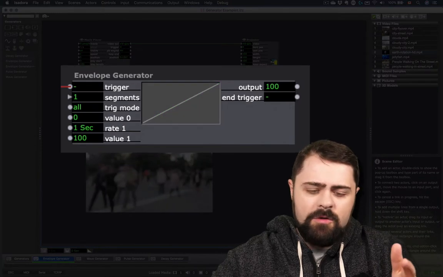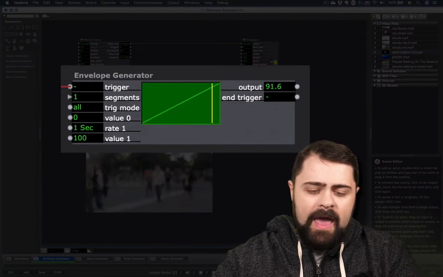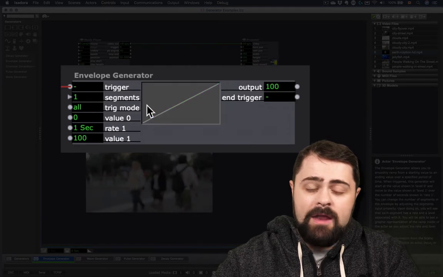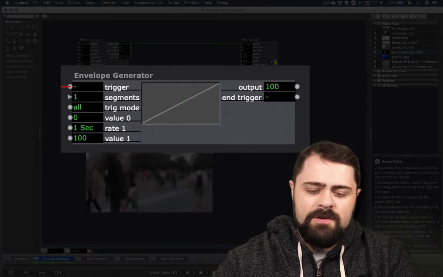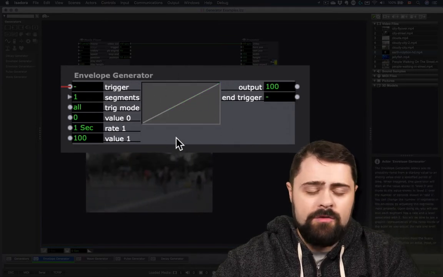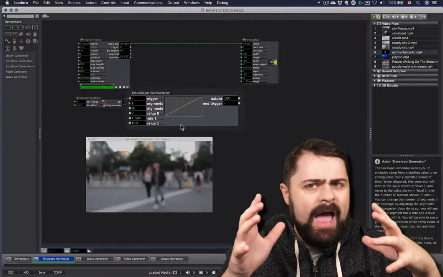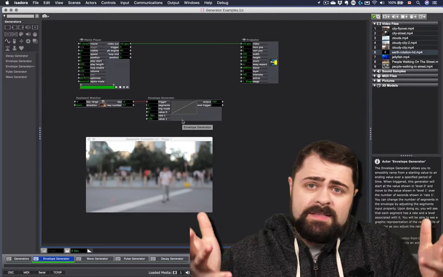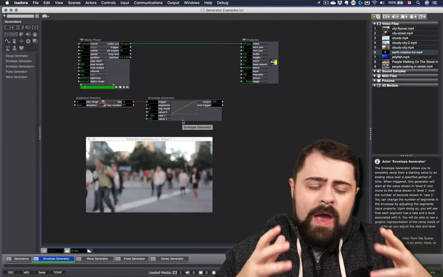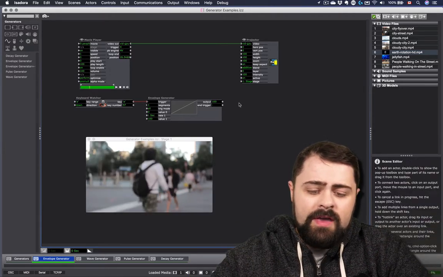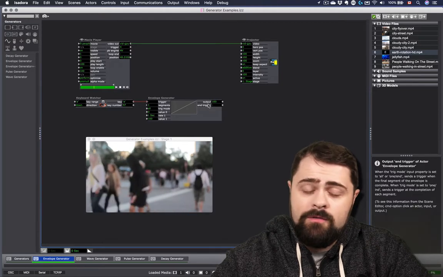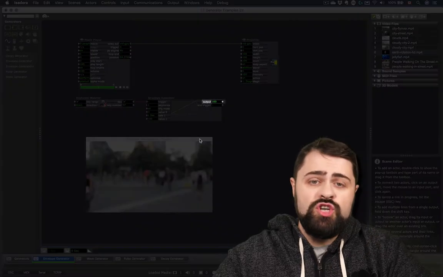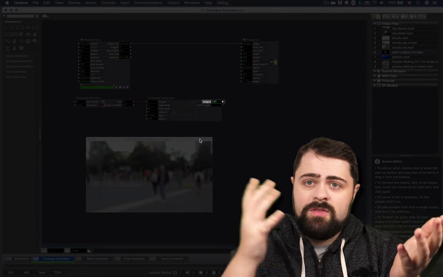You'll notice that the envelope generator lit up and a yellow playhead moved across this visual representation of the envelope generator. But what actually happened when we did that? Well, the envelope generator is basically a graph. And when we trigger the envelope generator, the output value of the envelope generator is going to shift from one value to the next.